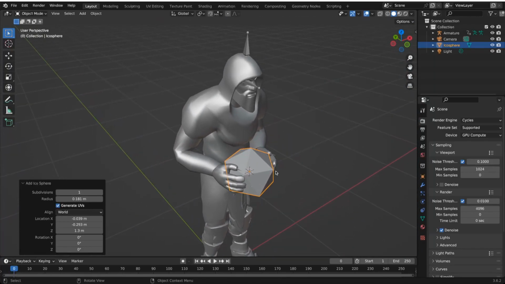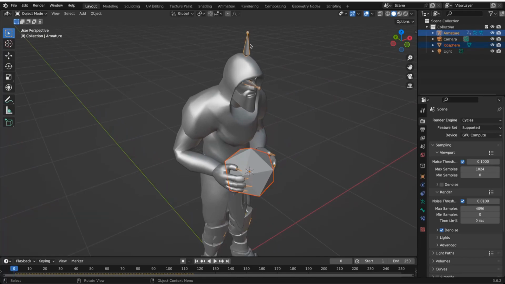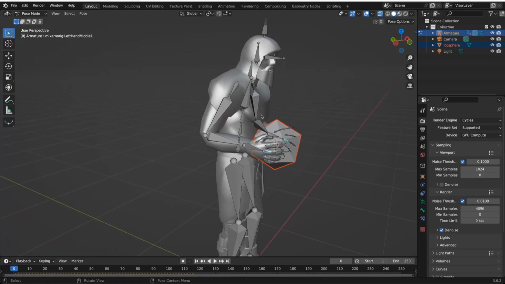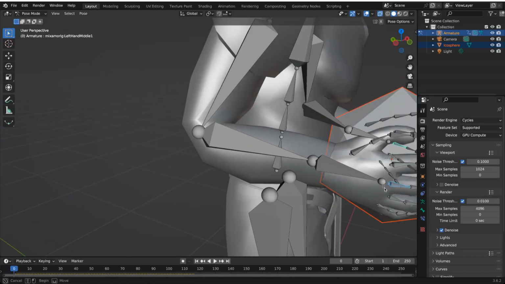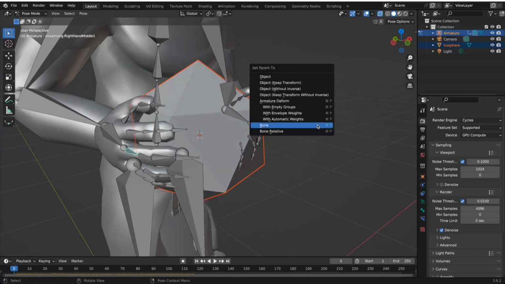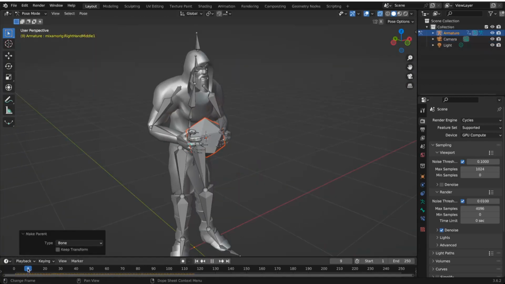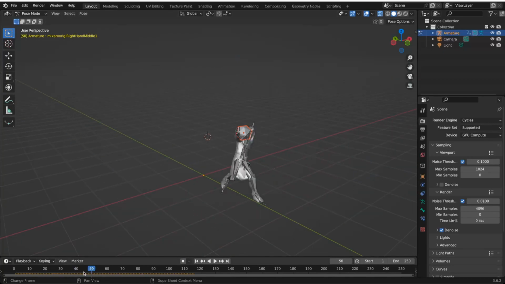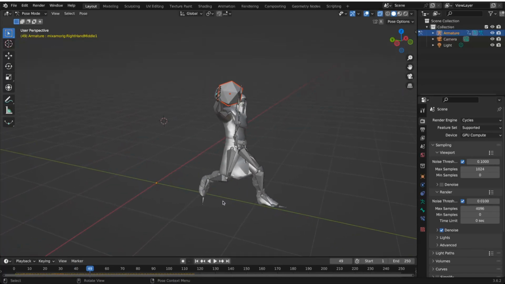And now let's go ahead and link our sphere to the armature. Shift select the armature. Let's go back to pose mode and choose now a single bone of the arm. Control P, set parent to bone. And now, as you can see, the sphere follows, but the sphere will also need to be released and then travel independently by itself. For that, let's return to object mode, return our 3D cursor to its default spot with